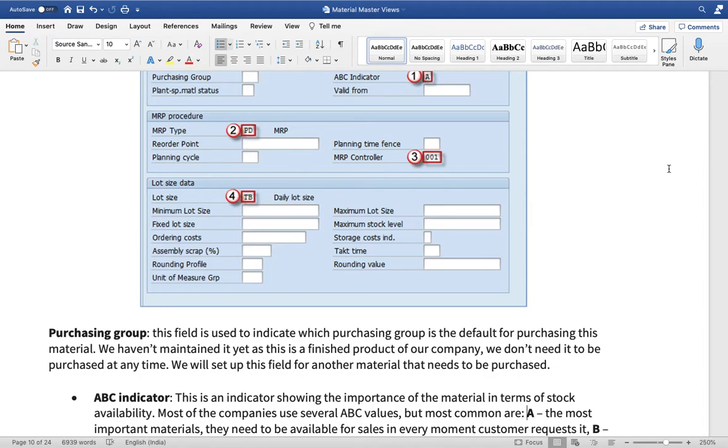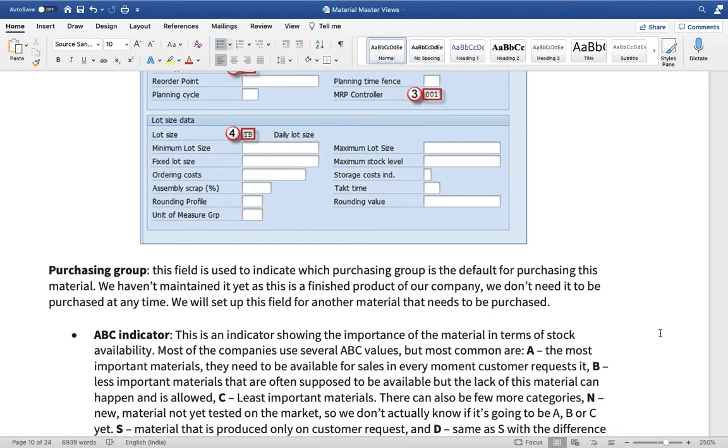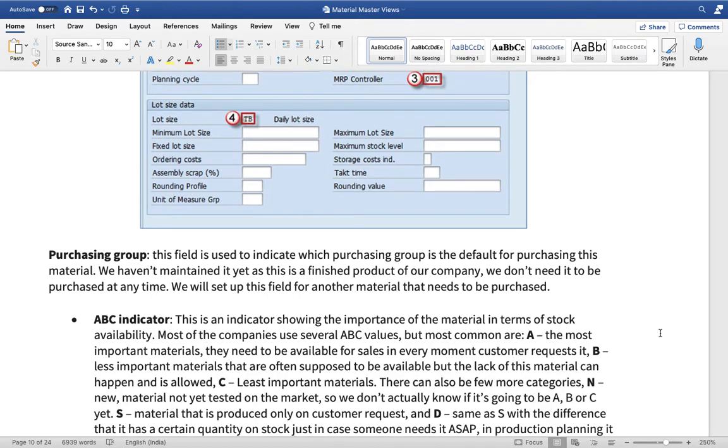So you can mention those items in the A category of the ABC indicator. B may be some other material. They are also important, but not as important for the customer. Even if this material is not there, the production can still happen on sales call component. And C is the least important material. So you can say A, B, C, then N may be the new material. That means this material I am selling has not yet been tested in the market. So that is called N. S is something which is specific to the customer's requirement we are meeting.